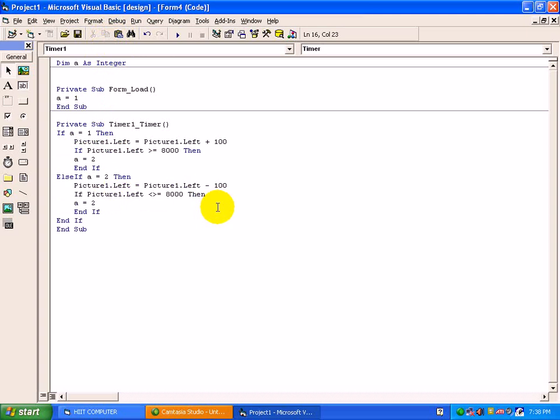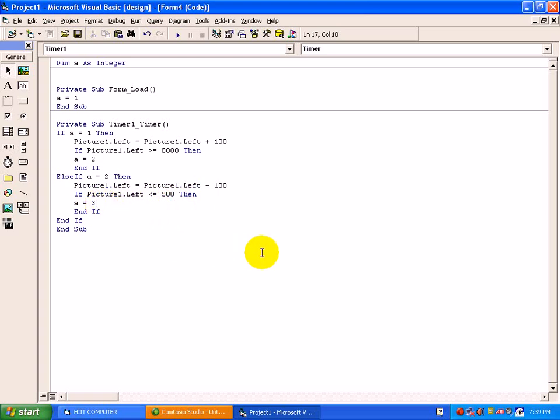See here, if less than or equal to 500, as we are using the minus sign here, then a equals 3. Fine. So when the value is 8000, the variable value is changing to 2. If it is 2, we are giving inside the code minus 100. But up to which position? Till 500. If it reaches 500, then the value of a should be 3. So it will stop on the 500 position.